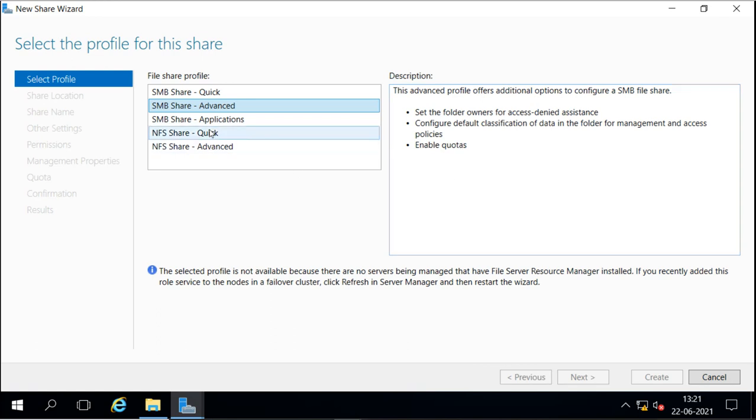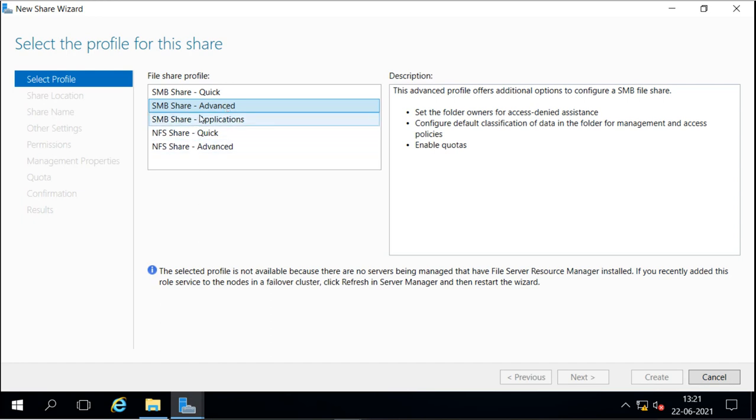Quota means when we share this folder or any folder, every user can get access to the full space. Now suppose one user is using the whole space and the other users are not able to use it, because that one user is filling up the whole size, then we can use this quota option to give a quota to each and every user. We can configure quota for every user, so this user can get this much space, this user can get this much space. With all these options we can configure with this advanced option.